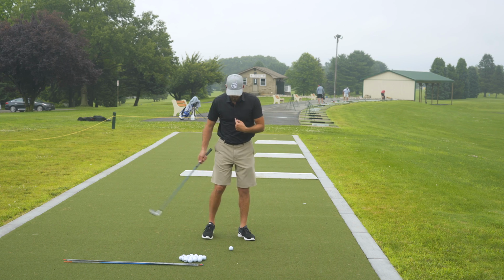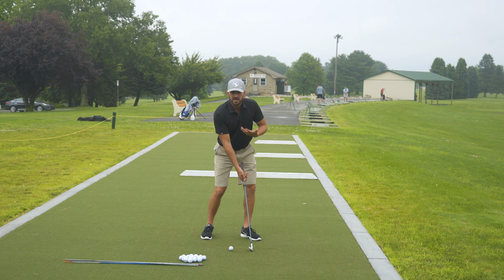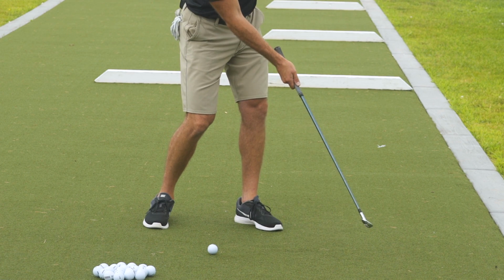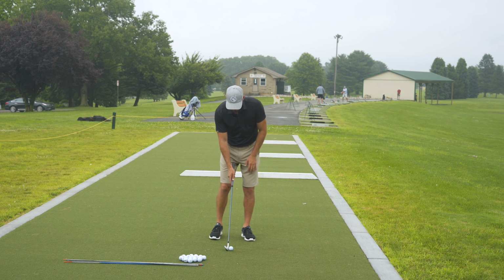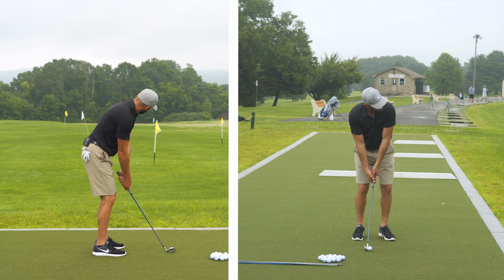How forward is all relative. I'm going to hit one feeling like they're pointed about 4 inches, and see how my contact is. Maybe it doesn't improve it. Then I'll feel like it's pointed about maybe a foot in front, maybe 2 feet, maybe even all the way at the target. You might have to exaggerate that a little bit. So I'll do the same thing, just chip a couple, feeling my shirt buttons more forward, seeing what that does